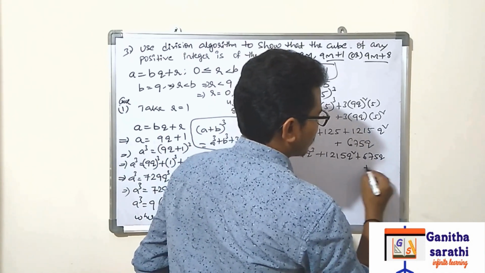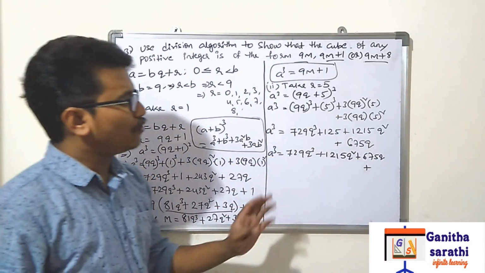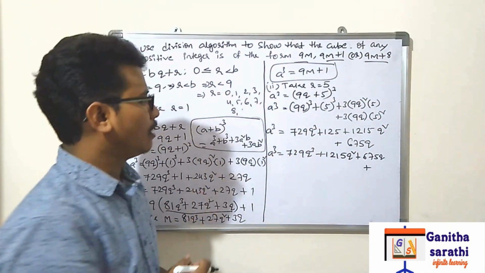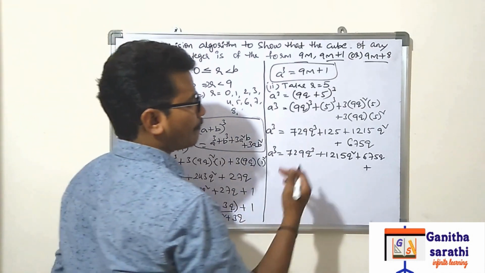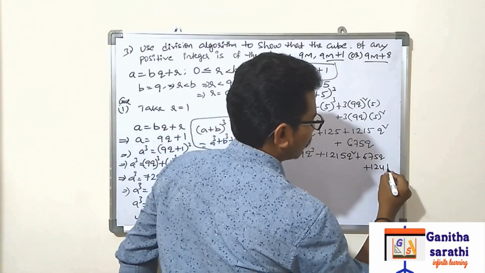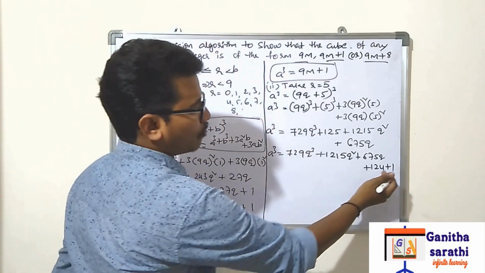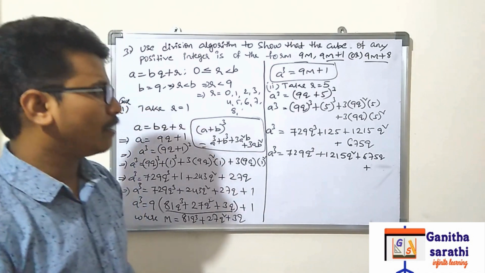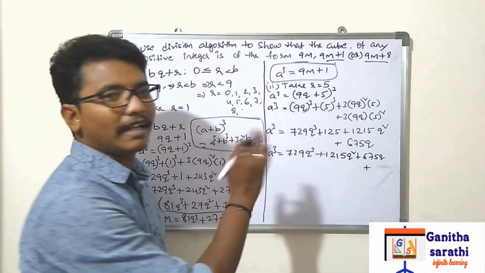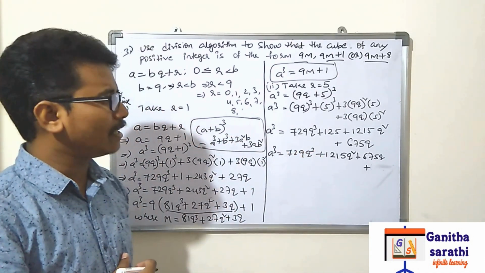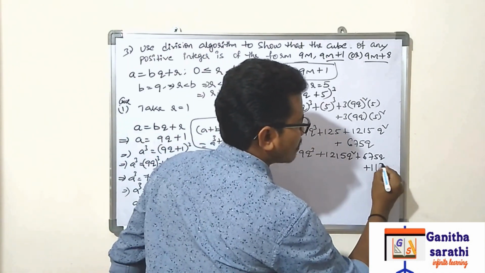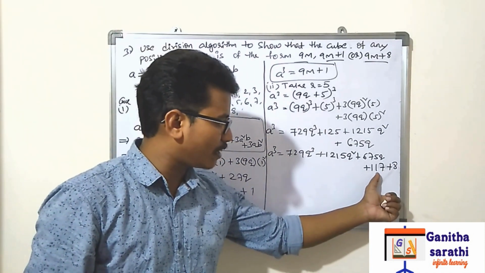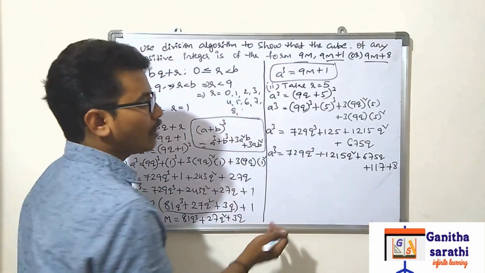675 q plus 125. We should get what? Either 8 or 1. We should get either 8 or 1. What can you take? 124 plus 1, can we take? 124 plus 1, no. 4 plus 2, 6 plus 1, 7. No, we should not take. So definitely 8 only. If 8, then 125 minus 8. 125 minus 8 how much? 117, right? 117 plus 8. 117 is divisible by 9. Yes, 7 plus 1, 8, 8 plus 1, 9. So what you should do?